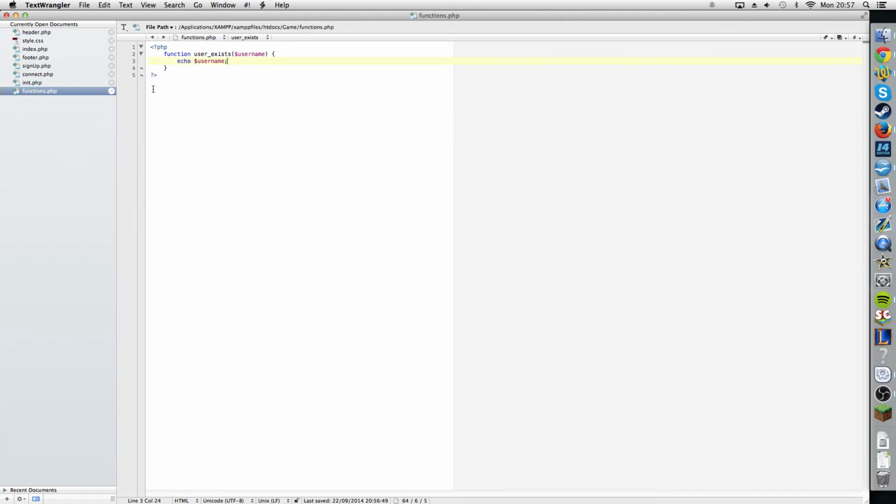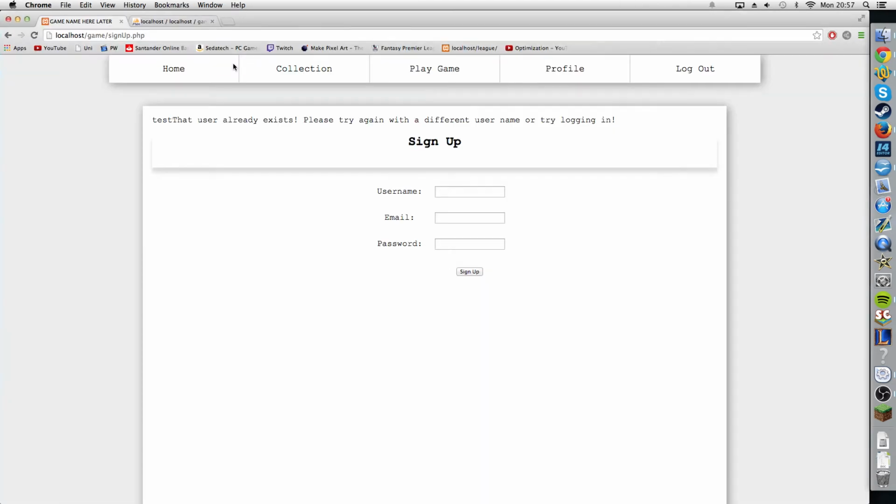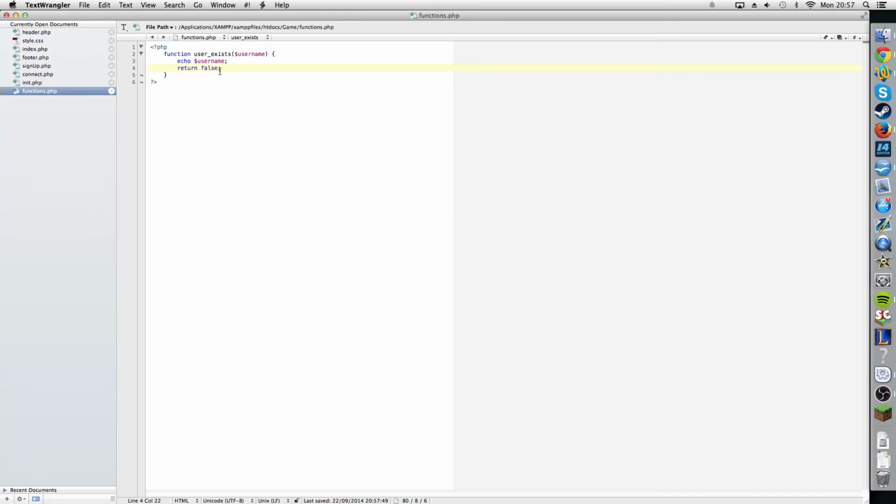So what I want to do here is return true, no, false. There we go. Because it's going into here, it means, actually it doesn't. We're going to have to put an if statement in here basically. So let me show you what I mean. What we want to do is check the username exists. So we want to do a